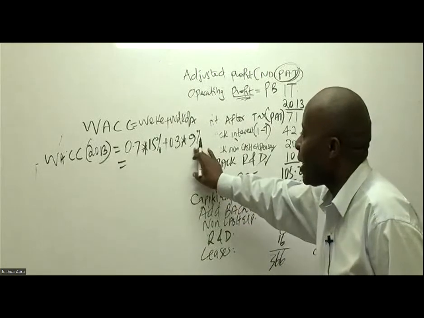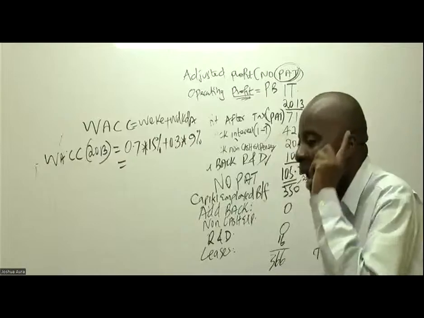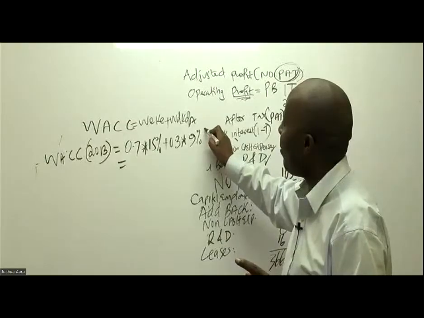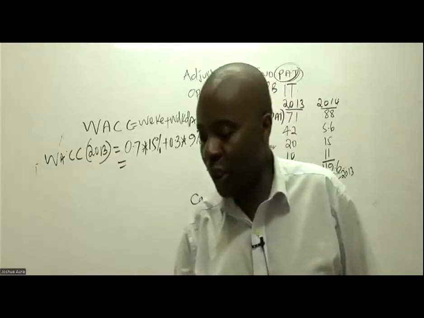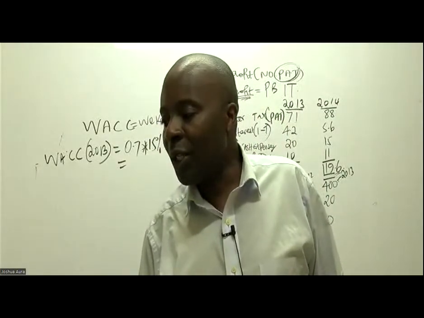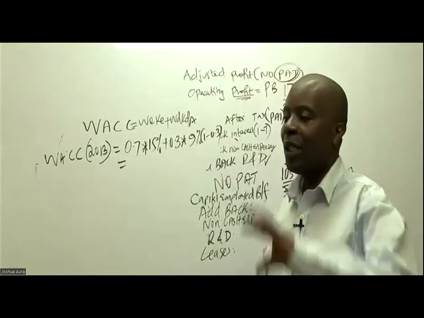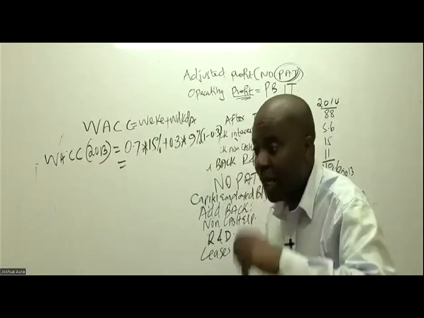No. This 9% is before tax. It must be adjusted for taxation. So you must come and multiply this with 1 minus tax of 0.3. They told us, ladies and gentlemen, in this question that 9% is before tax. They told us that this is pre-tax cost of debt. So remember, this 9% has to be tax adjusted. So you take 9%, you multiply it with 1 minus taxation. And then now you should be able to give us an answer like Helen Hamala has given us